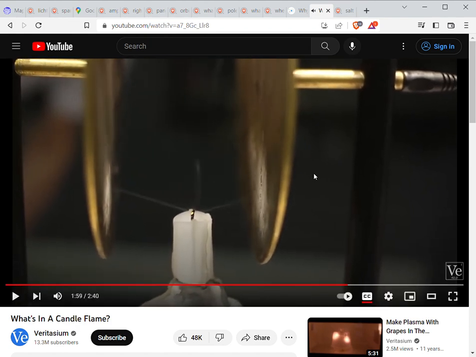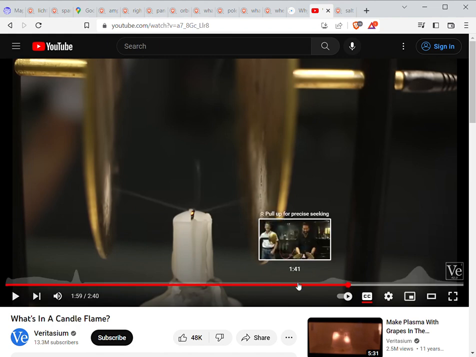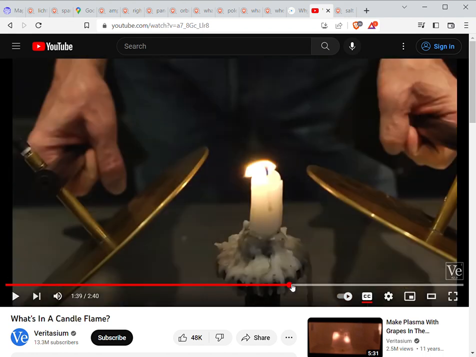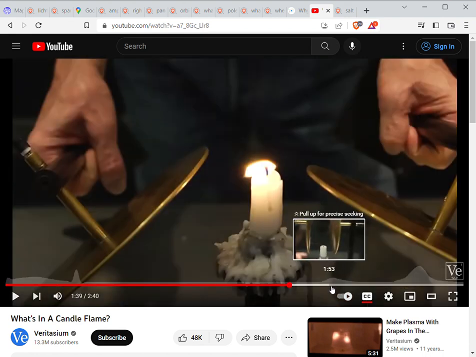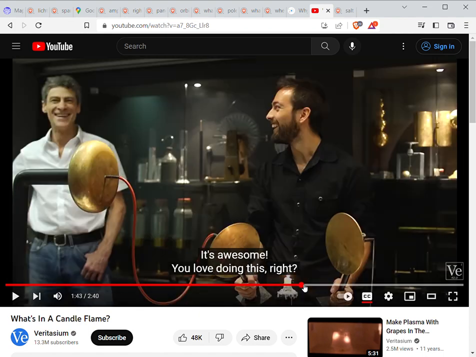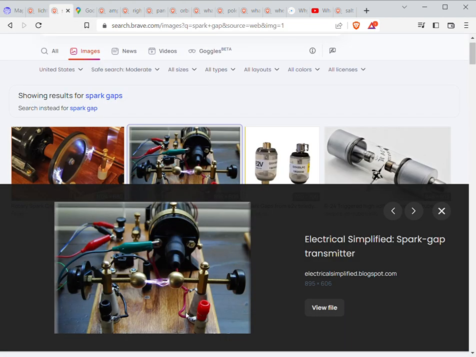Now I'm not going to play the rest of it, but you see these are the ions being carried this way and this is being carried this way. But the point was going back to where he's bridging the gap. He's bridging the spark gap. Give me a shot with the electricity, bud. We'll find one. But where he's bridging the gap, come back over here and see how much larger it was just by putting the flame in the middle.